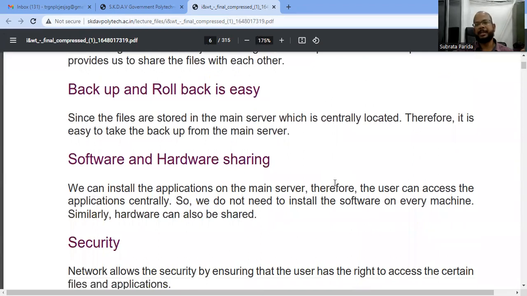Software and hardware sharing. If you were using additional hardware for each computer system, that would cost more. There is no need to do that. Just purchase one hardware system and connect it to all the resources of the network to make that hardware component available to all the computer systems. And like that, for software also, there is no need to